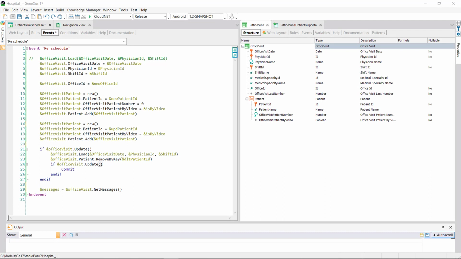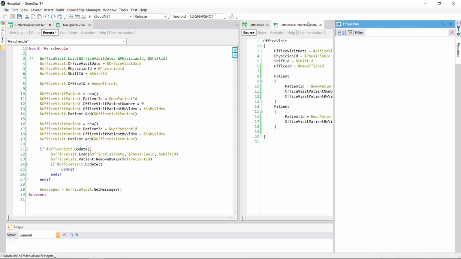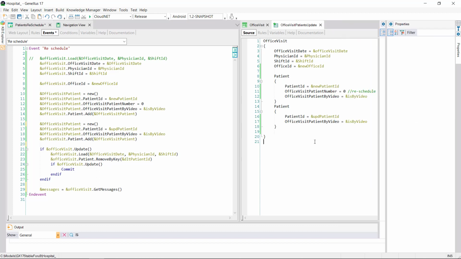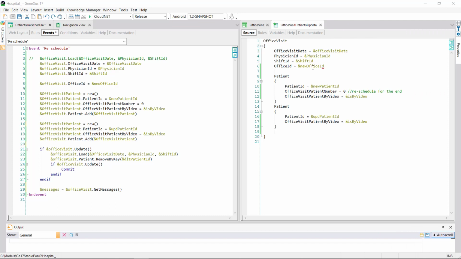Of course, we could have achieved exactly the same if instead of manually loading the office visit variable in this way, we had done it with a data provider which returns an instance of office visit and loads in a simpler way the part of the header we're interested in, as well as the 2 lines, the one we want to insert and the one we want to update.